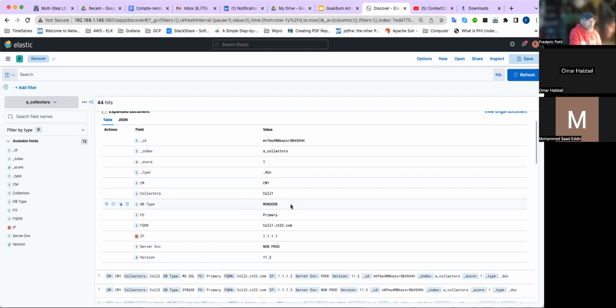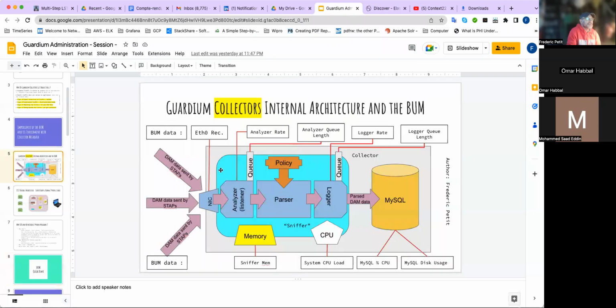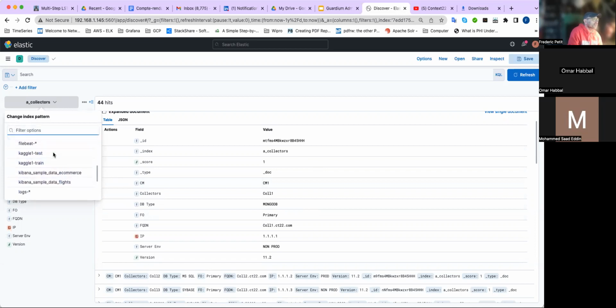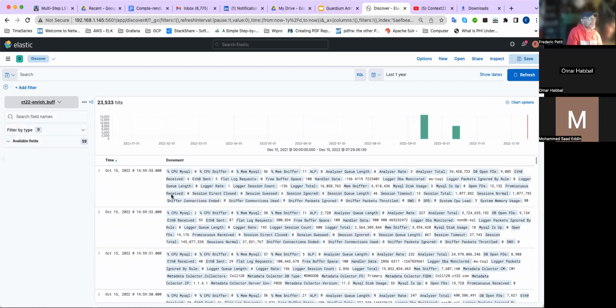I know there are different schools of thought here, but to process and parse the traffic, the sniffer needs a specific parser, and it has to be put in memory. So it's better if you focus on just one. But if you don't want to do it that way, this is the beauty of NoSQL. It can be anything as metadata, as long as you provide the collector name. As a result, this is the content of